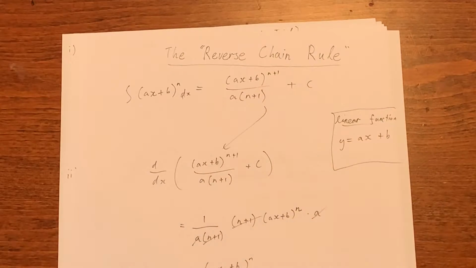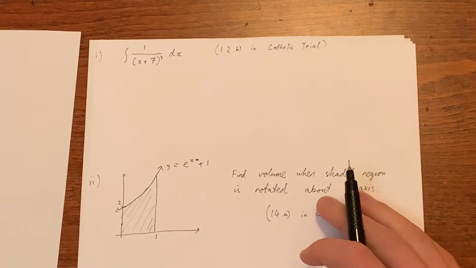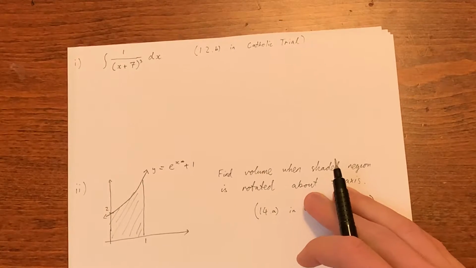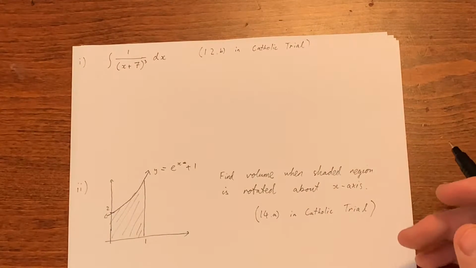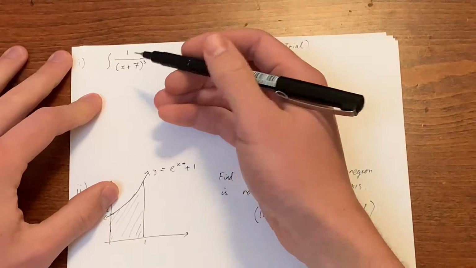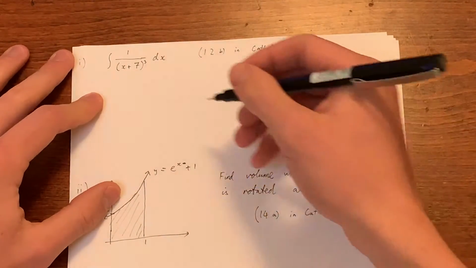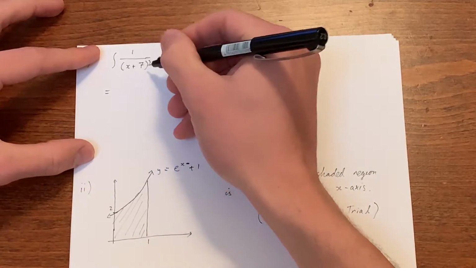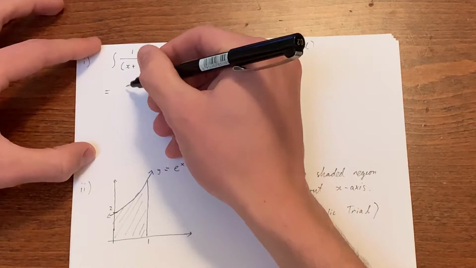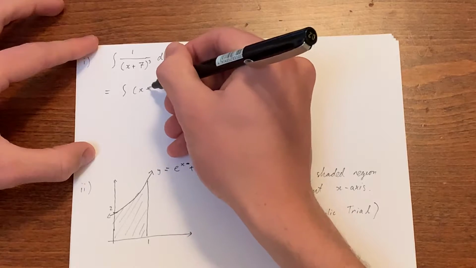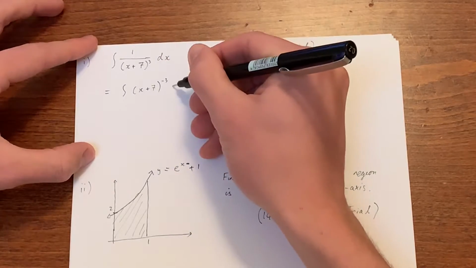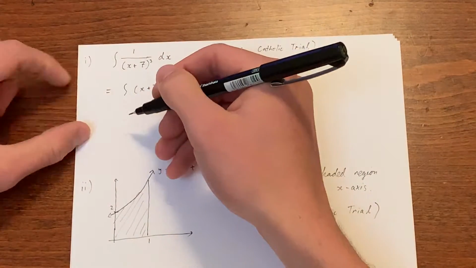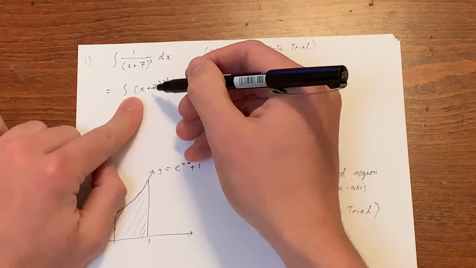So with that in mind, let's get into some examples. We'll start with a couple of questions that will look familiar if you did the Catholic trial. This question here looks a little bit complicated, but if we convert it, x plus 1 on x plus 7 cubed is actually just x plus 7 to the power of negative 3. Right? And so now, quite clearly, we can use the reverse chain rule in this instance because x plus 7